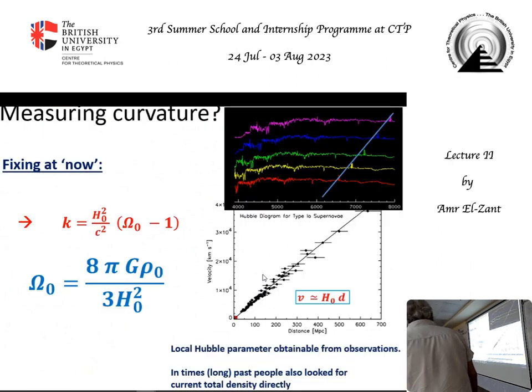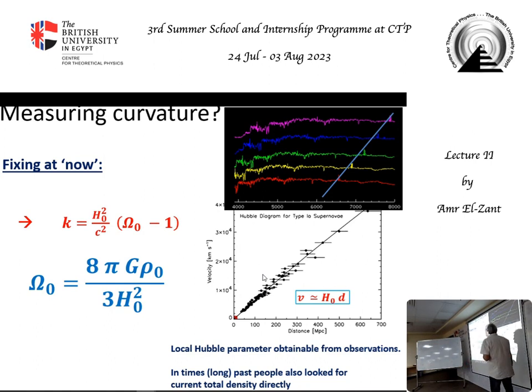Okay, so people in my time, when I started learning about this 30 years ago, tried to measure this thing directly from observation. In fact, they were trying to measure this since the 1960s or 70s. Are we living in a positively curved, negatively curved, or flat universe, or what is it exactly? So they were trying, people like